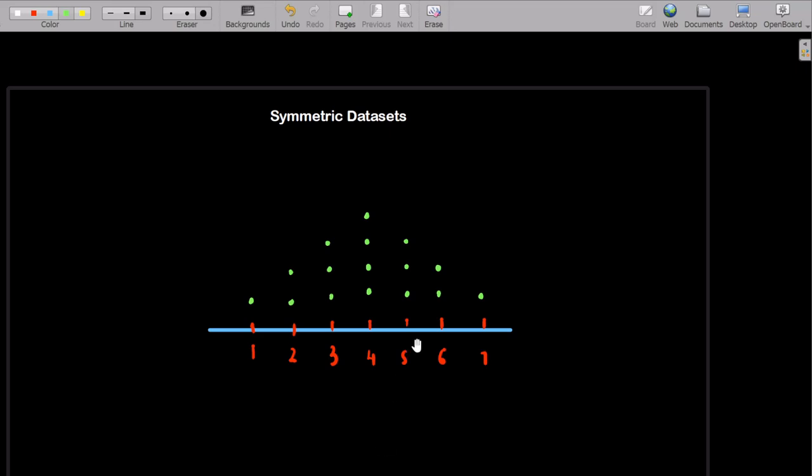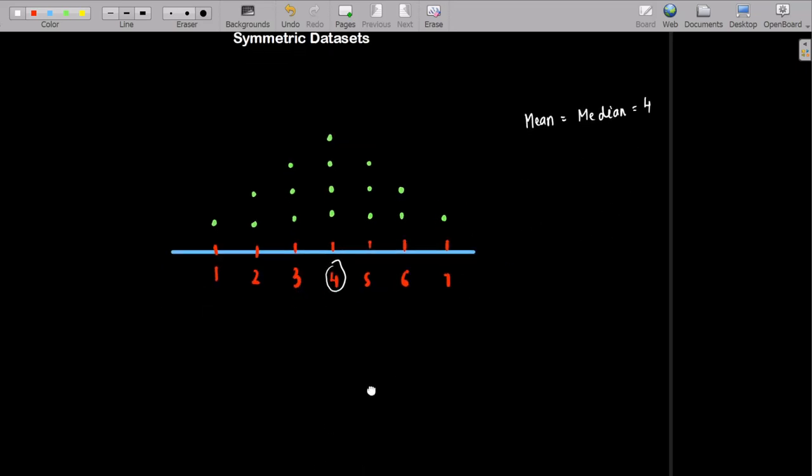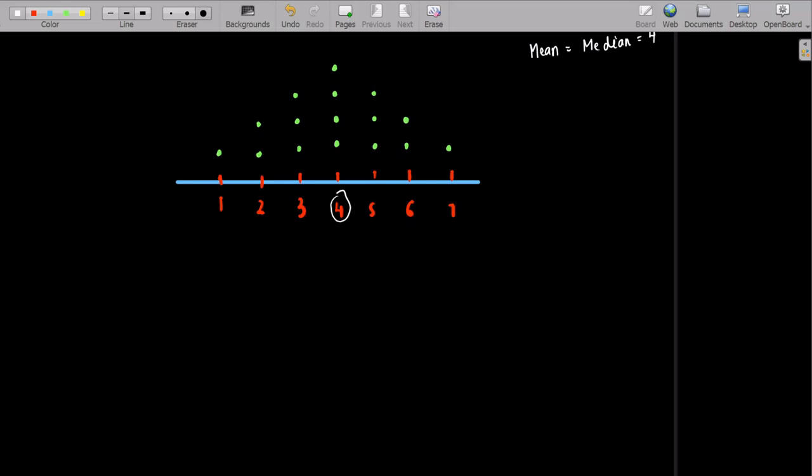In this type of data set, the special thing is that the mean and median are equal. So your mean and median will be the same, and they will be the central number. Like here, this data set is symmetric around 4, so your mean and median, both of them will be 4. That's the only thing that you should know, and you'll be able to do a lot of questions based